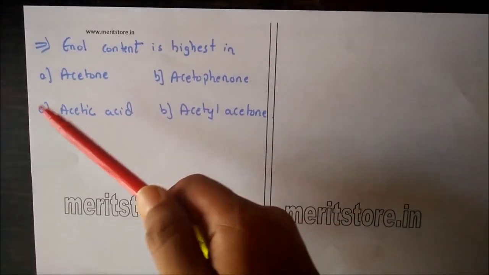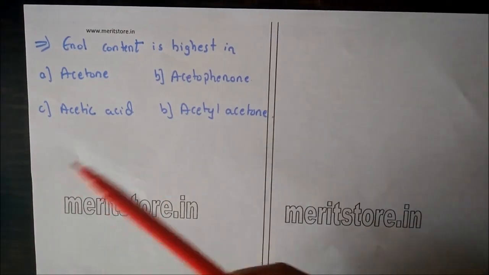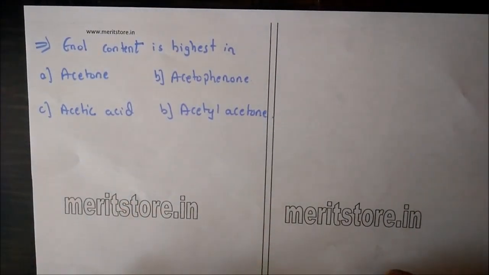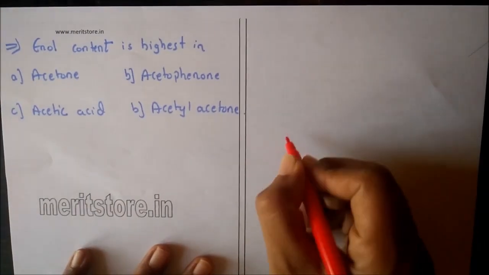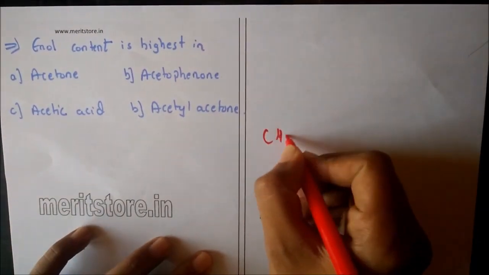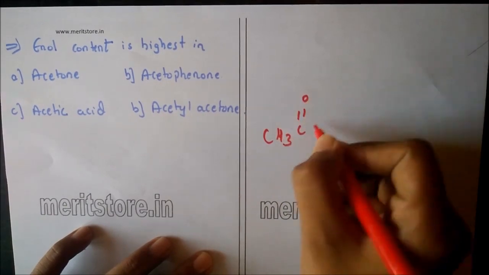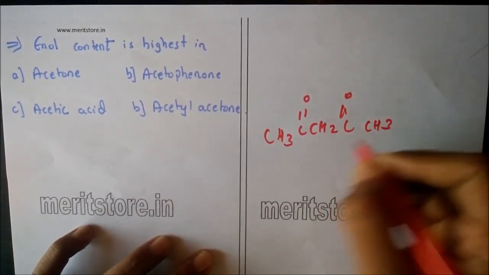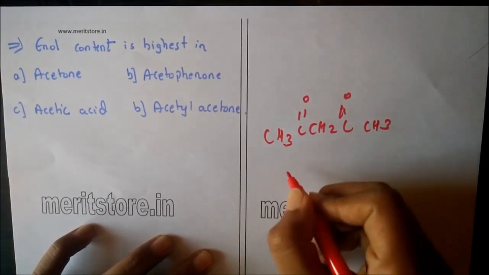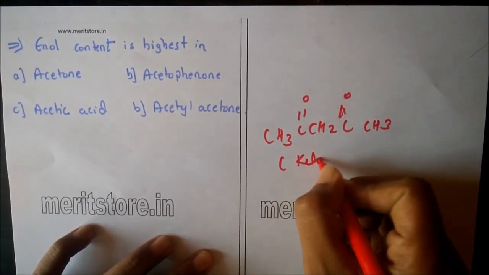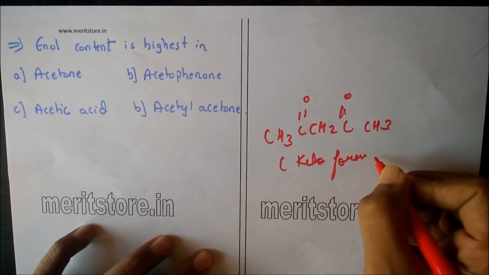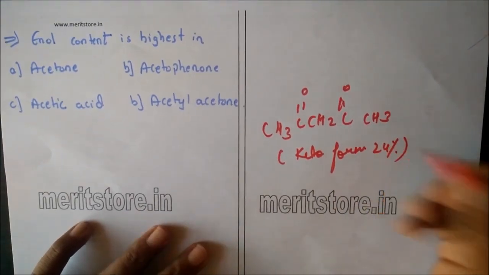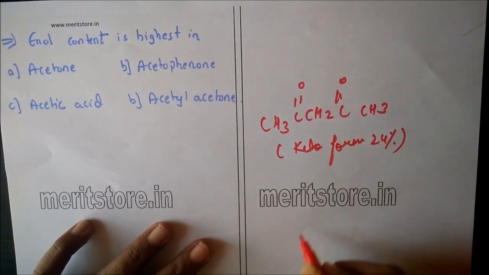Enol content is highest in A. acetone, B. acetophenone, C. acetic acid, or D. acetyl acetone. Now, when you look at acetyl acetone, it has the formula CH3C double bond O CH2 C double bond O CH3. Now, this is acetyl acetone in the keto form, which has 24% enol. Now, when it forms the enolic form,